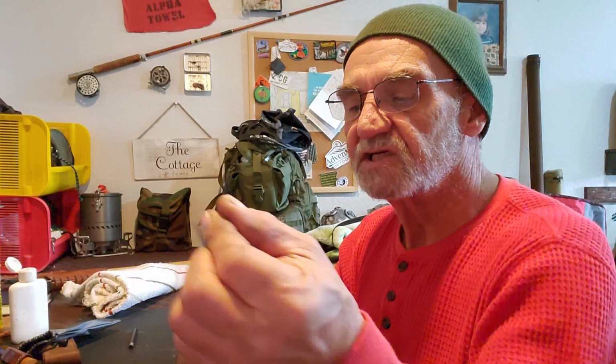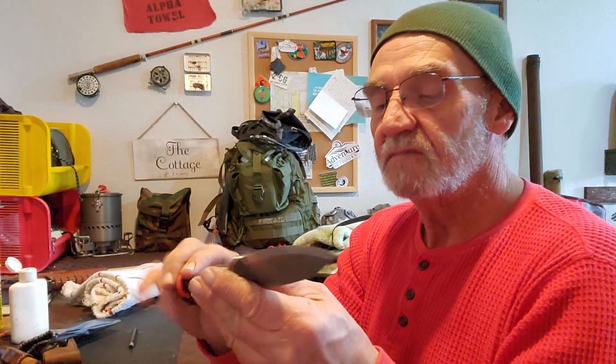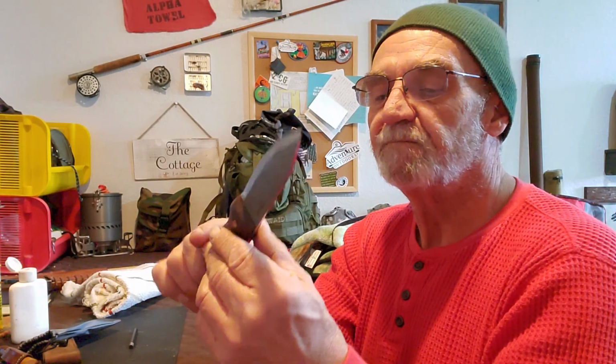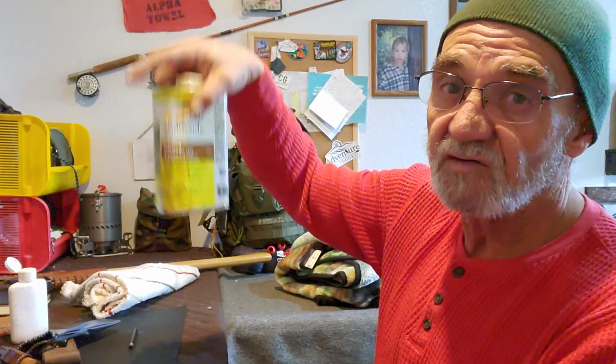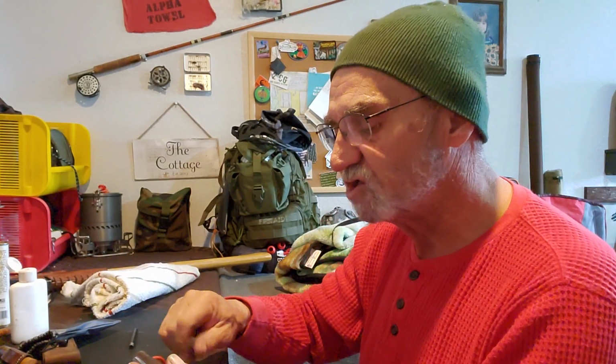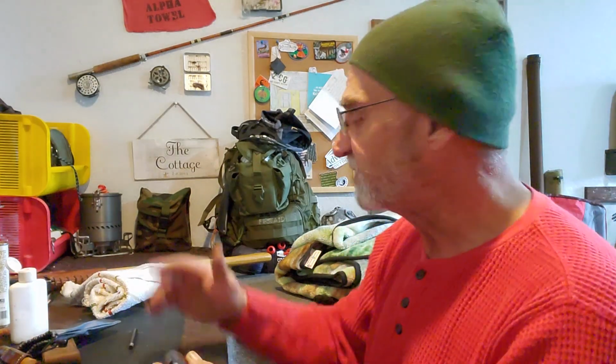Clean the blade a little bit, just clean it off. And the handle is doing just fine. Doesn't need any oil, but if it did, I'd use some of this stuff, linseed oil. Great stuff for wood, especially your axe handles and things like that. If you take the covering off it that you get from the manufacturer, you want to oil them on a regular basis. You give it a good thick oiling at the beginning when you first get it, and then when you're done, you go to